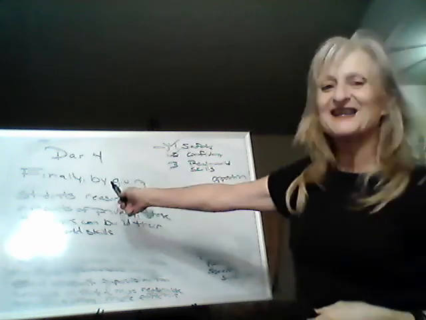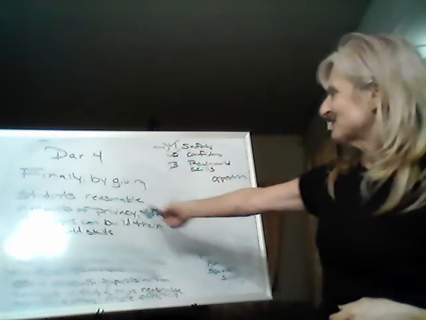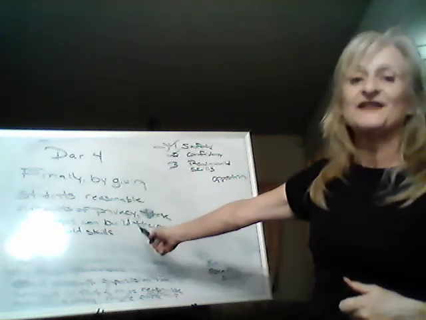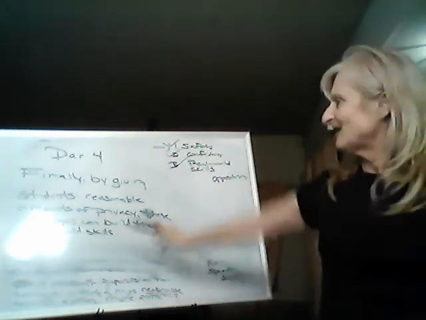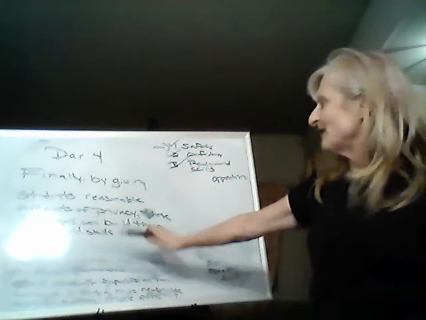Something like this. Finally, by giving students reasonable amounts of privacy, these teenagers can build their real world skills. So that was our third reason. Check, check. Got that right. That's our topic sentence, and again, that's one sentence. I would explain in 2 to 3 sentences. I would give my example or evidence, 2 to 3.